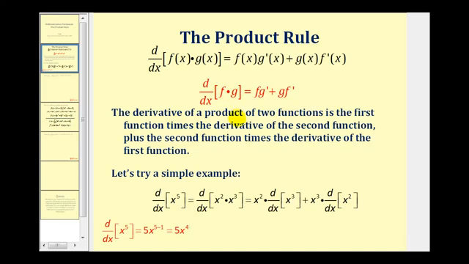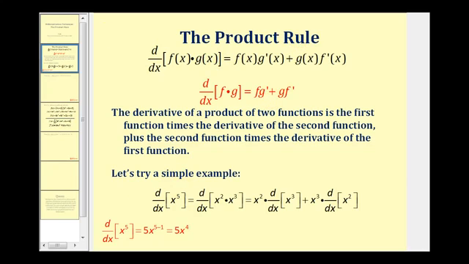The derivative of a product of two functions is the first function, which is f, times the derivative of the second function, which is g prime, plus the second function, which is g, times the derivative of the first function, which is f prime. Now I did make a video that proves the product rule, but let's start by looking